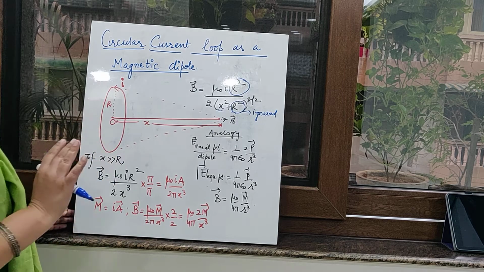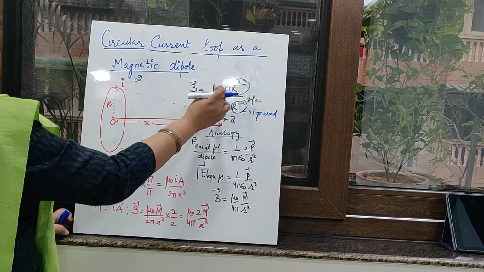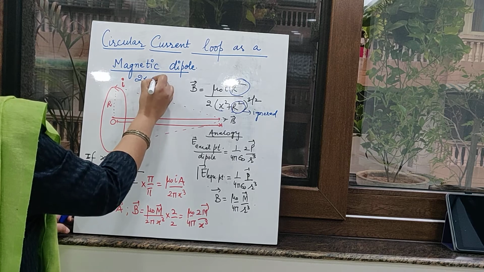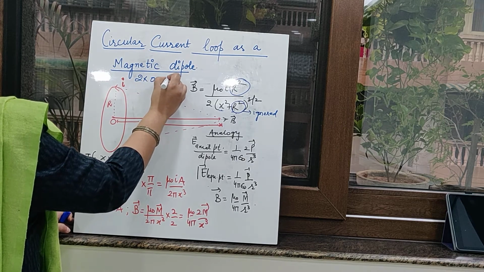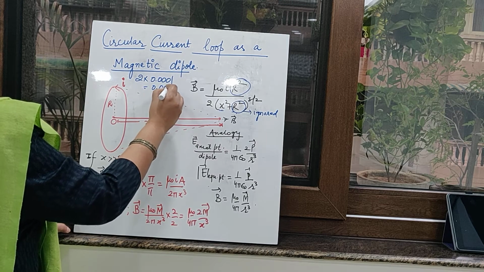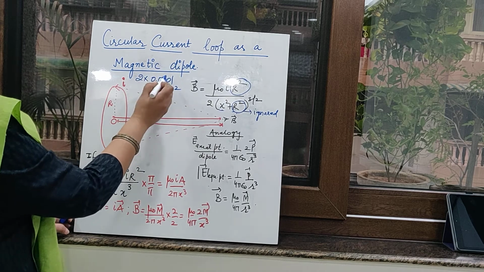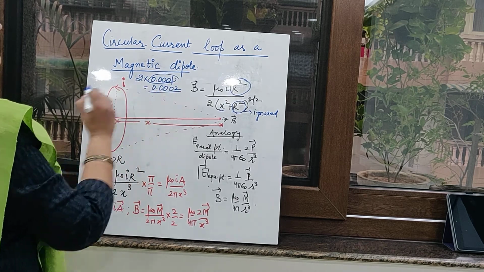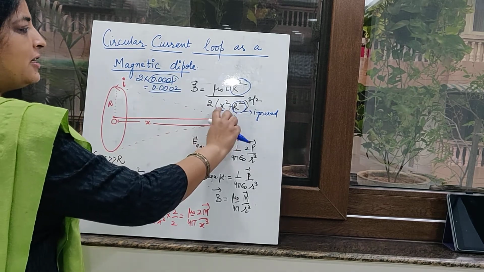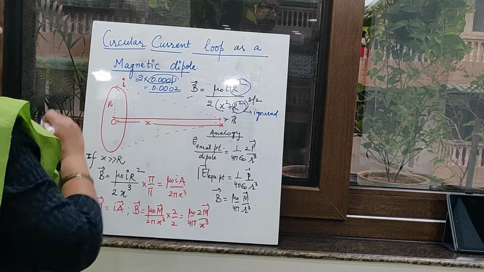So products are never ignored, because for example, if there is a quantity 2, and you are multiplying it by 0.0001, the answer will be very small. It will be 0.0002. So in product, if you will not take this value, the answer will vary. But in the denominator, when it is in the summation and when we are adding or subtracting it, then it can be ignored. So one thing is this.